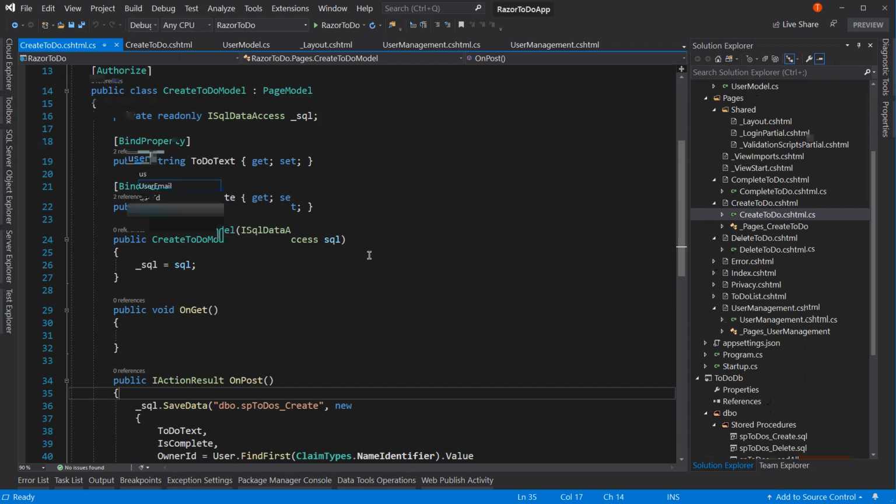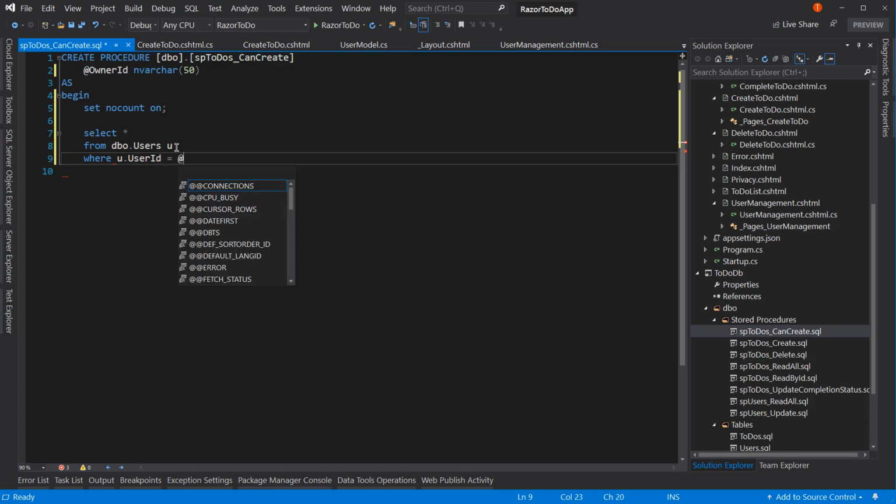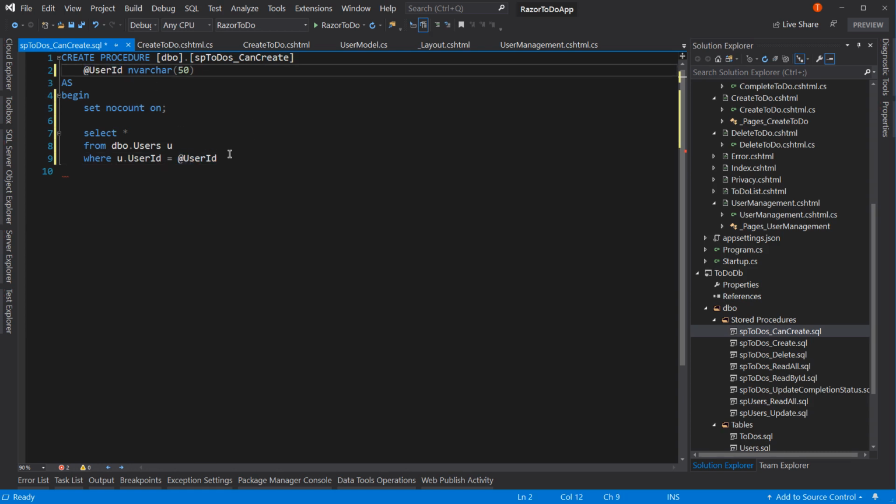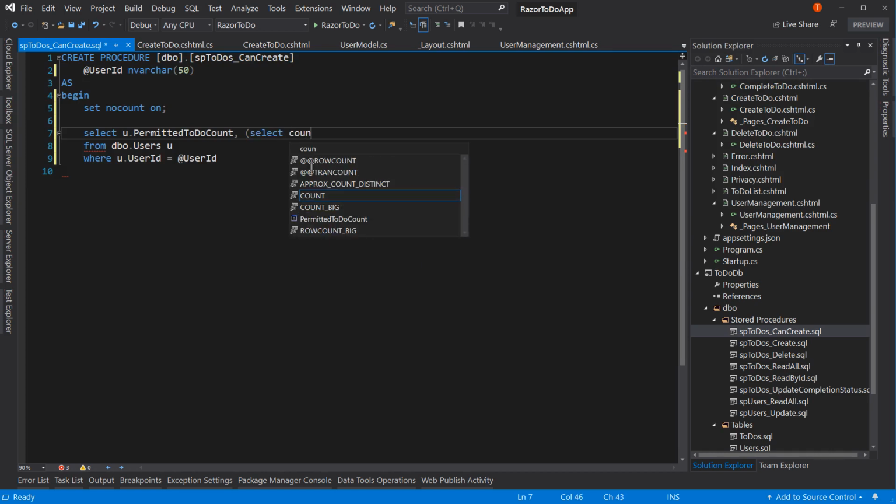user ID equals, let's just do user ID instead of owner ID. So grab the user ID, so u dot permitted to do count. There we go. And then what we're going to do is we're going to put in parens here, select, and we're going to do a count of 1. Whatever that value is doesn't really matter. But count 1 from dbo dot to dos, where